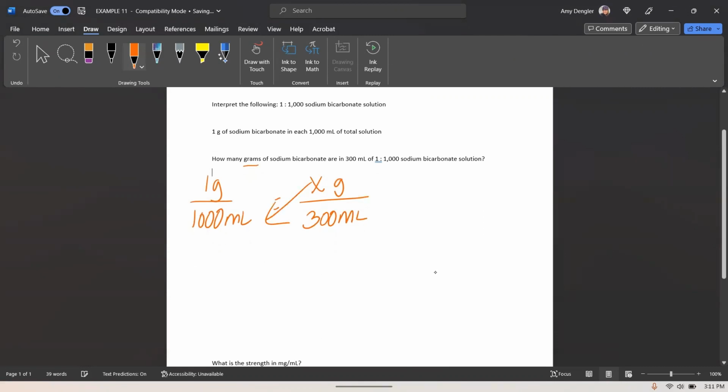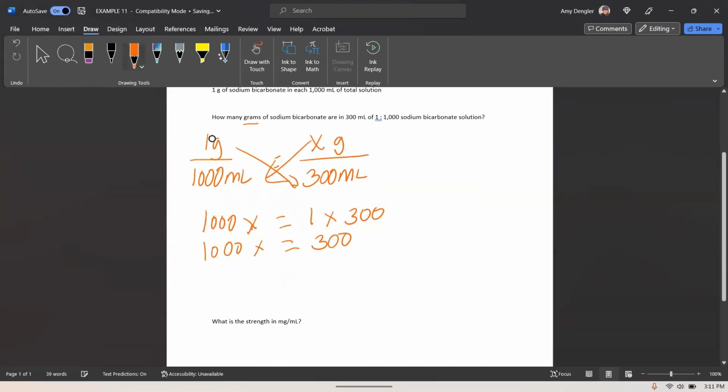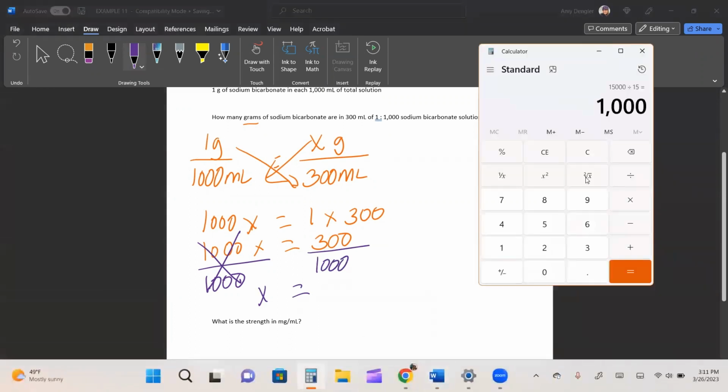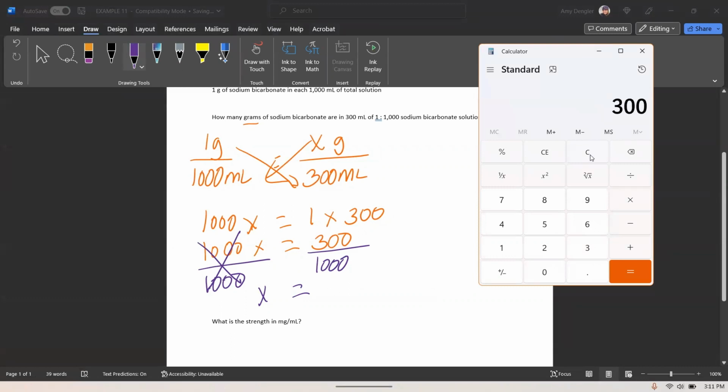So we're going to do 1000X is equal to 1 times 300, which is 300. We'll carry that down. We want to get X alone, so we need to get rid of that 1000. So we do that by dividing by it and getting rid of it. So we have X. Then we also need to divide that other side by 1000. So we would do 300 divided by 1000, which is going to give us